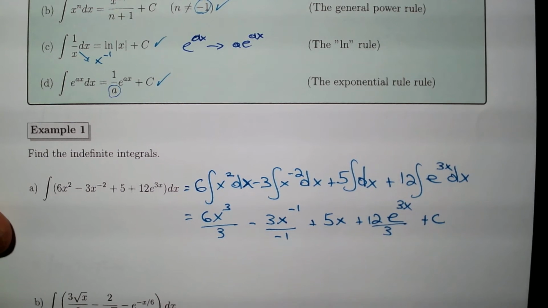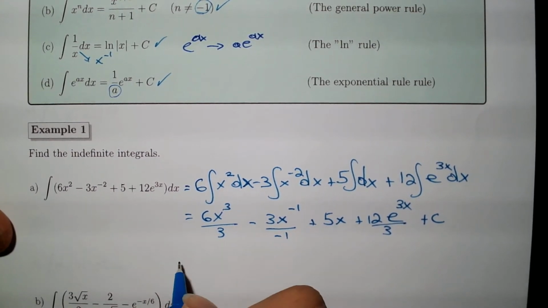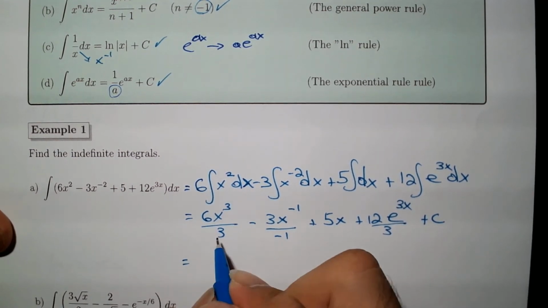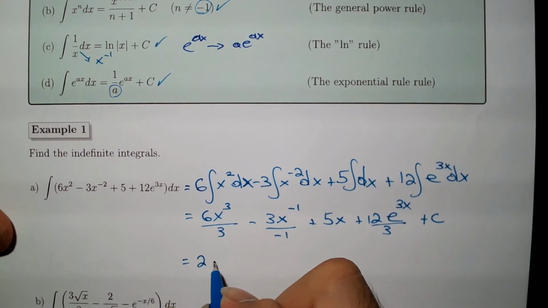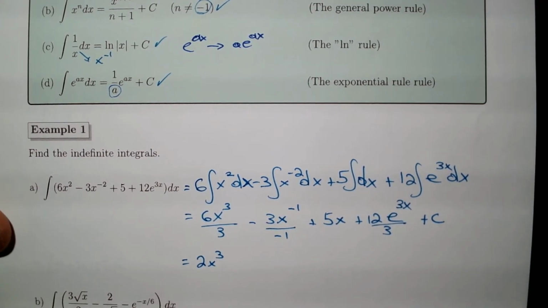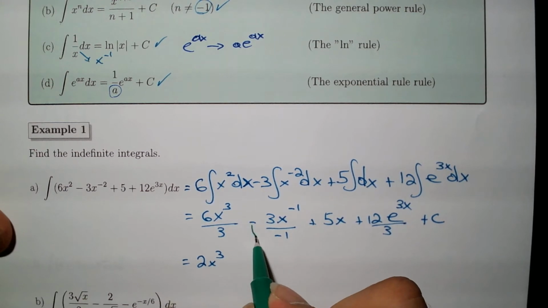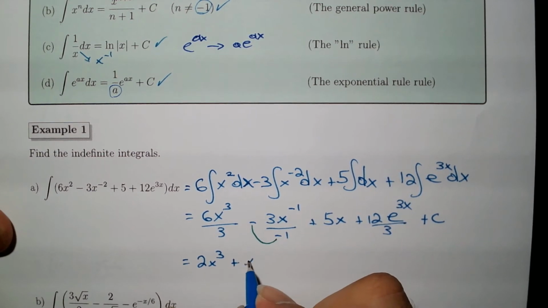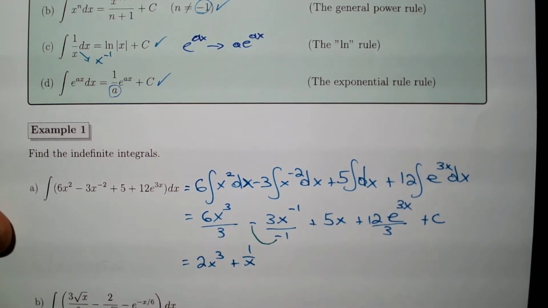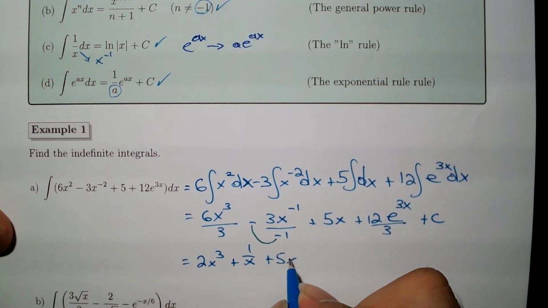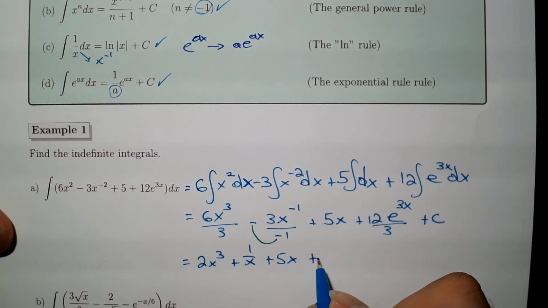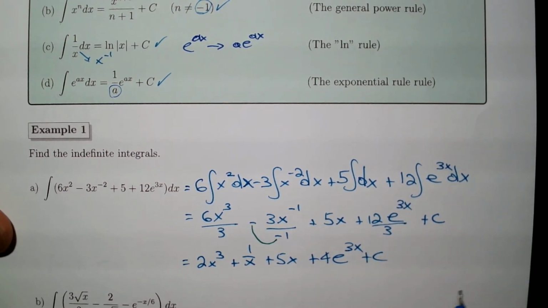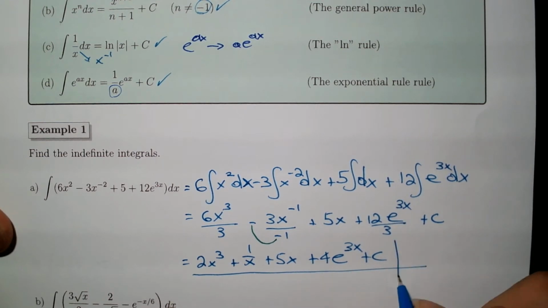So we are essentially done with the calculus here. Now we need to simplify these numbers and clean up negative exponents. So 6 divided by 3, what are we going to get? We get 2x cubed. Negative times negative, you might want to use the smile rule. See the smile? Smile means be positive, x to the -1, actually 1 over x, and then plus 5x, and 12 divided by 3, that's going to give us a 4, e to the 3x plus c, which gives us our final answer. Okay,